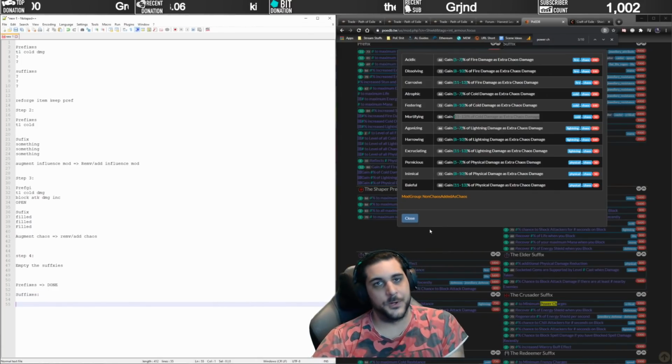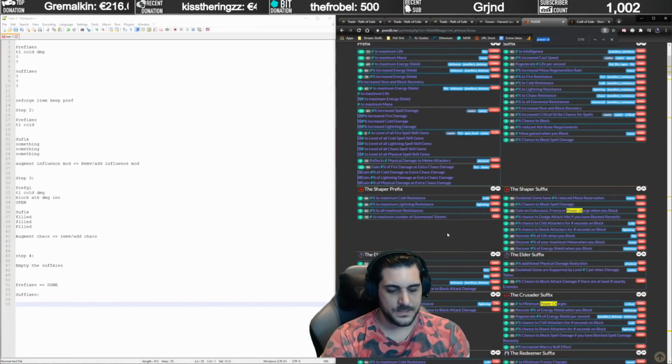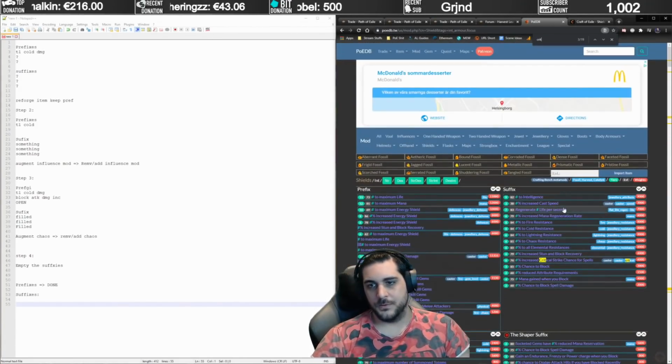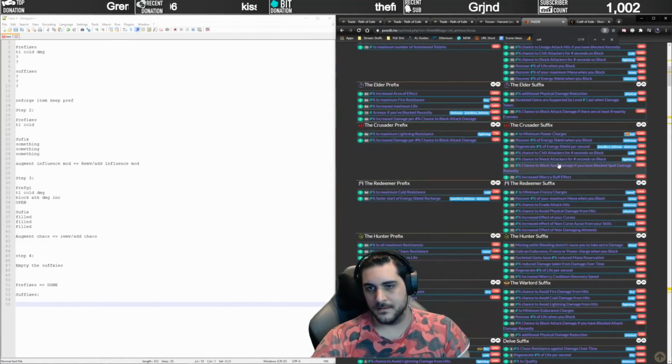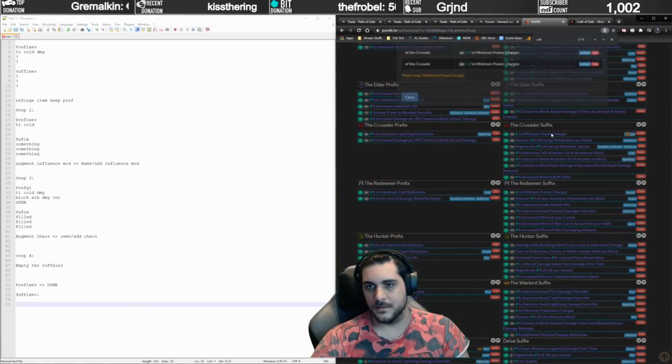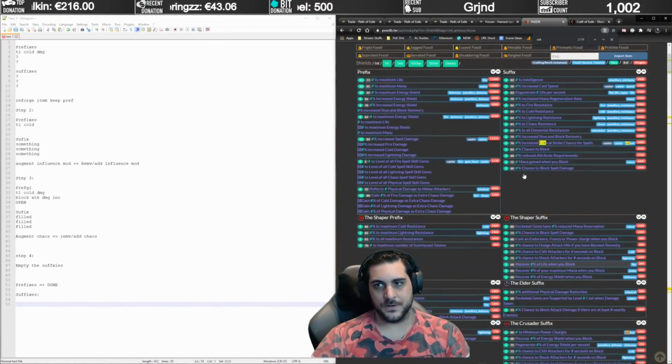So you want to have one open for bench crafting double damage, and you want to get the power and frenzy charges. So if you look at crit modifiers, you can get crit strike chance for spells, and you can also get, let's see where it is. There it is, minimum power charges. So what I would recommend to do in this case, since there's only 2 different crit mods that can roll